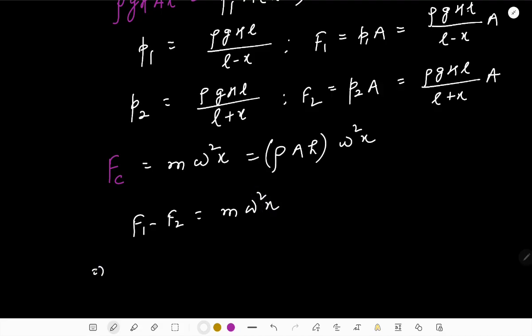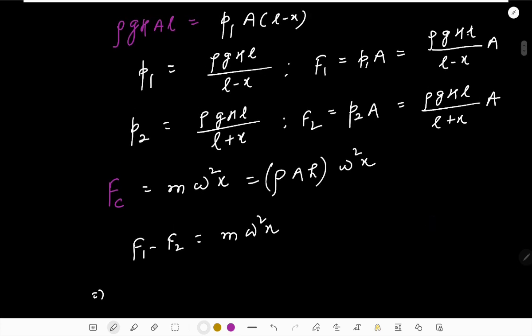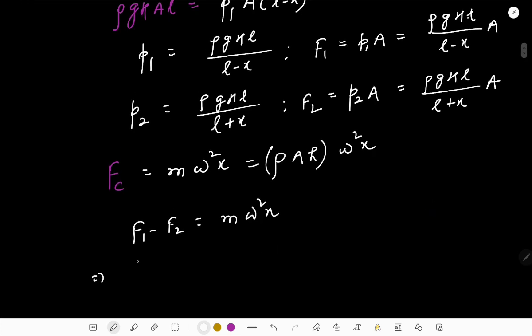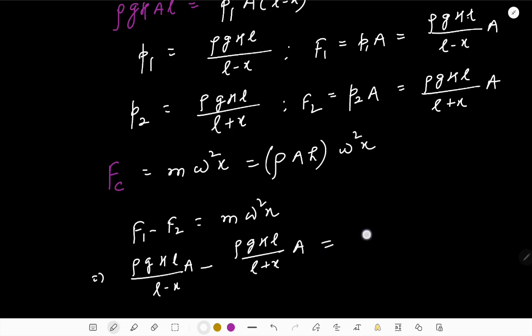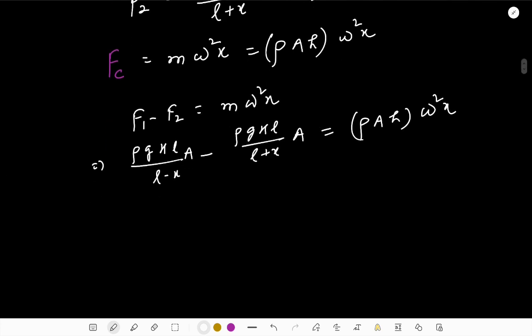And F1 is written here, as you can see. F1 is simply rho GHL upon L minus x multiplied by A, and F2 is rho GHL divided by L plus x multiplied by A, and that will be equal to rho AH omega square x, that is mass into centripetal acceleration we earlier observed. And then you need to simplify this expression,